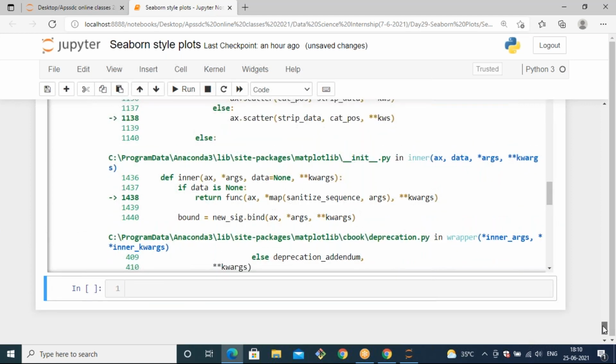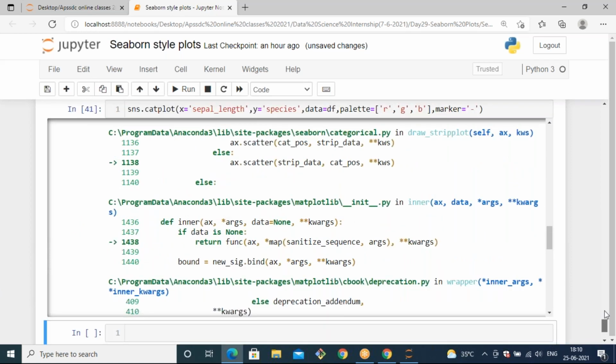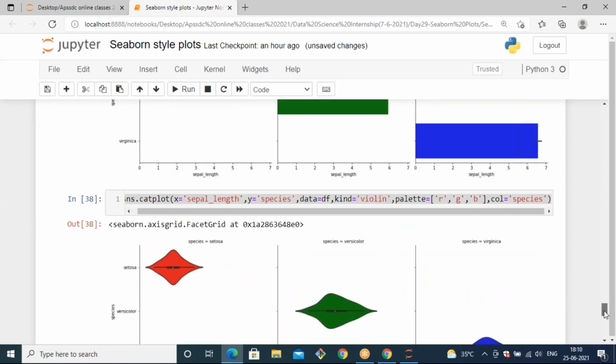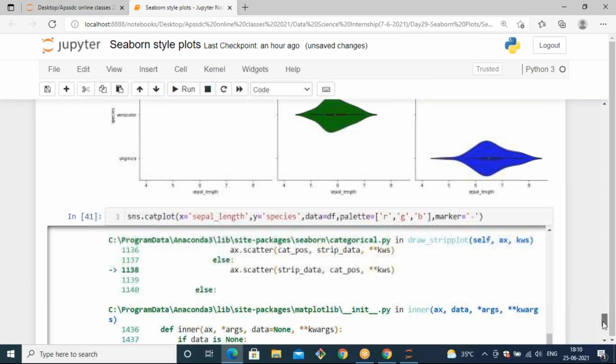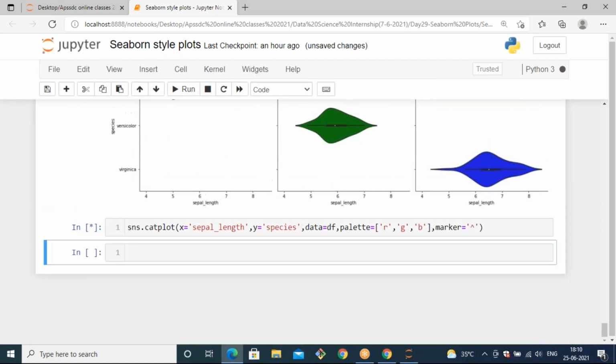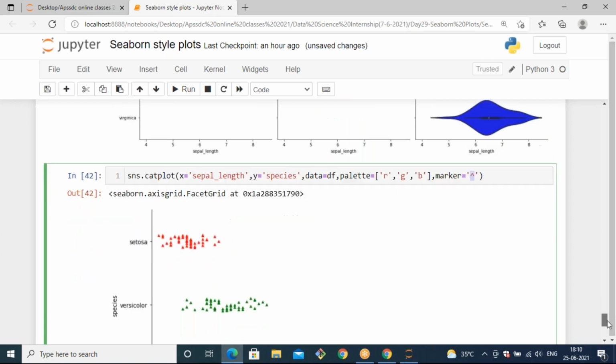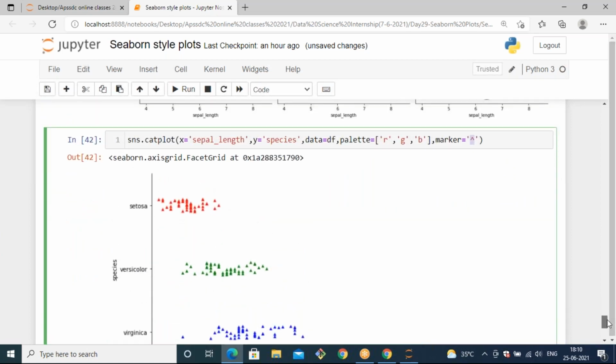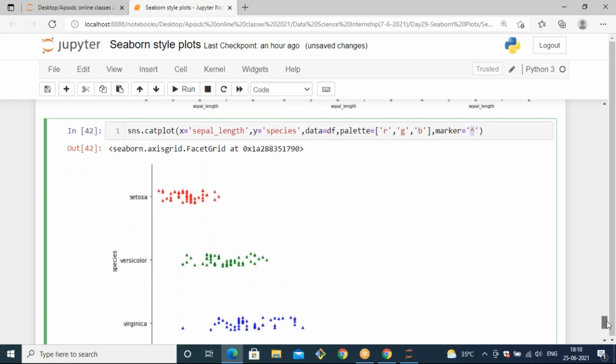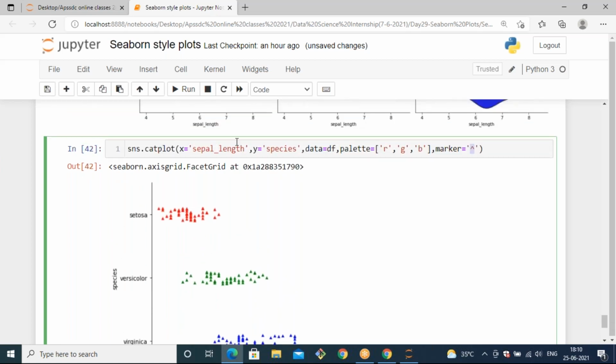Okay. Yeah, this kind of marker is also there, the cap symbol. So based on your interest, you can generate any kind of plot. So plus is there, cap is there. If you want to know the rest of the supported attributes, you can go through the documentation so that you can explore more.